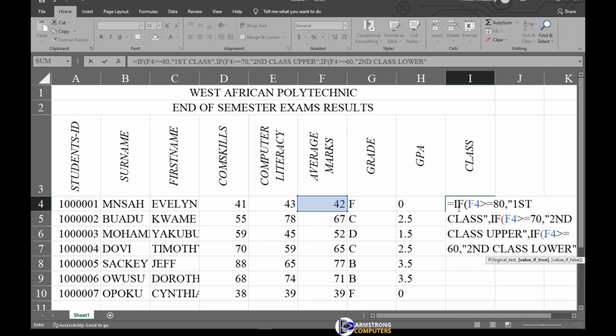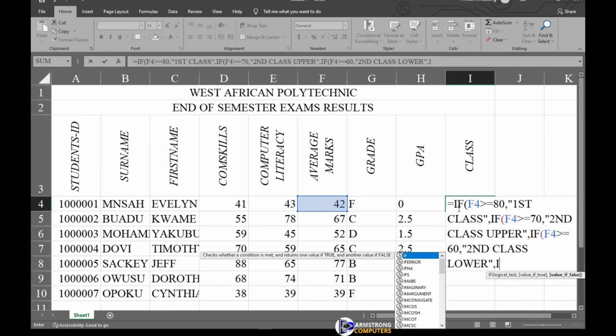So close the quote, and then the last one, if again, so F4 is greater or equal to, let's say 50,